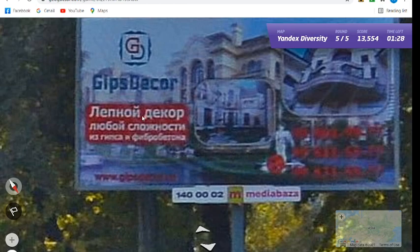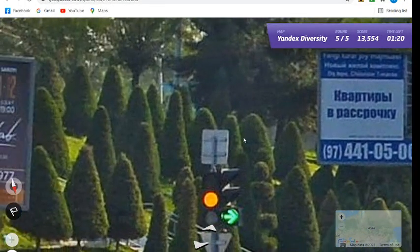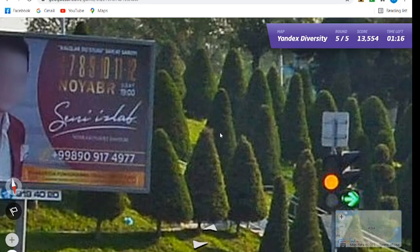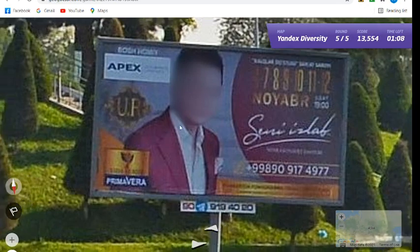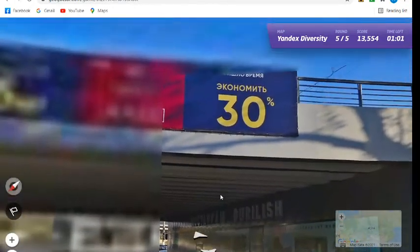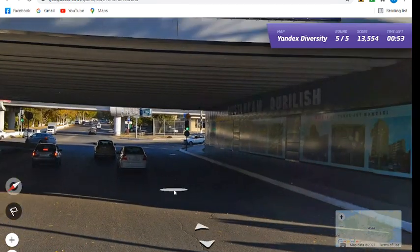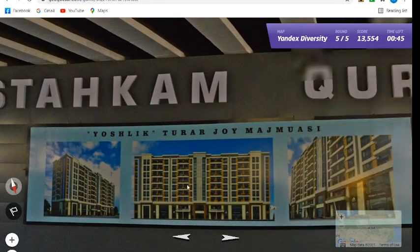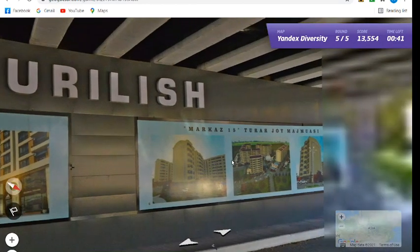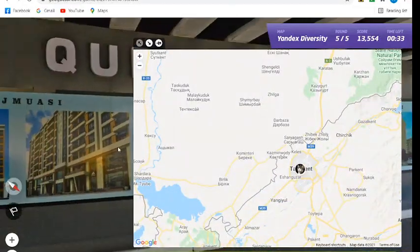Gips decor, Lepnoid decor, okay. So Russian signs as well as the Uzbek signs in Roman script. In the Soviet era, Uzbek was written in Cyrillic. We have, okay, November, I think, right? Noyabr is, hmm, Yoshlik. Let's see. Yeah, for lack of anything better, I'm gonna go Tashkent, but